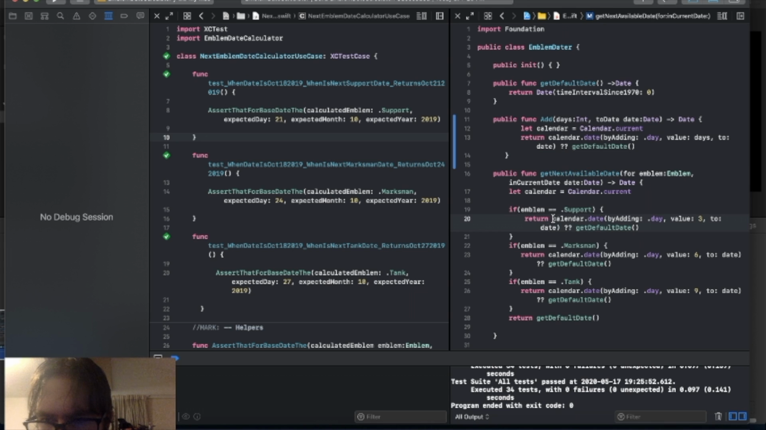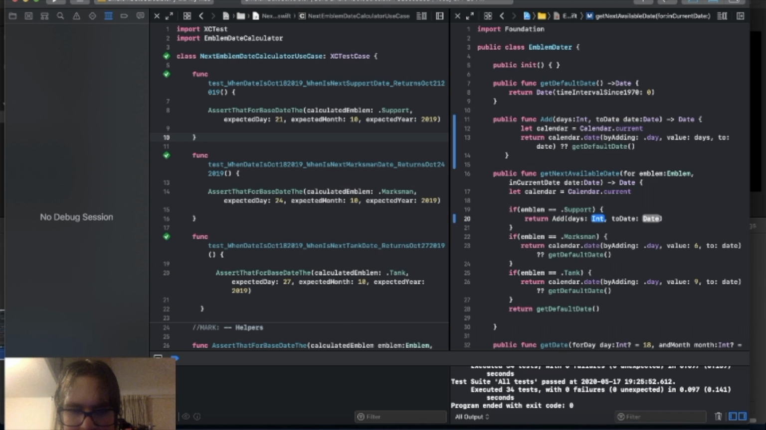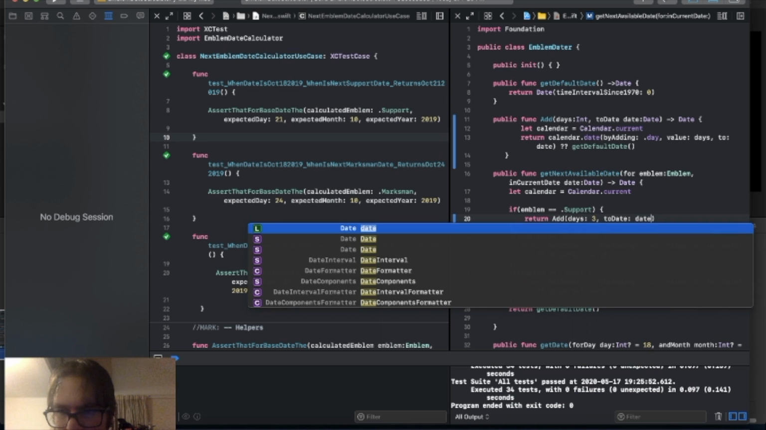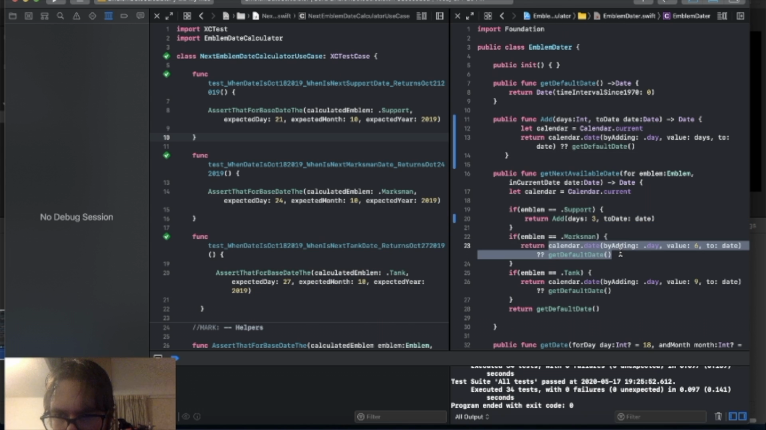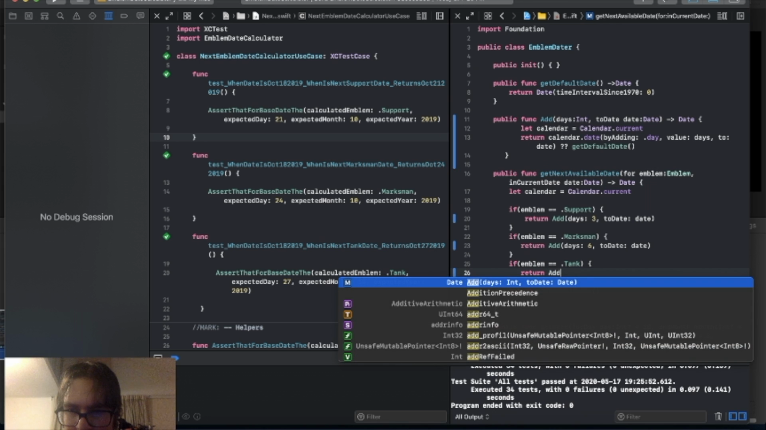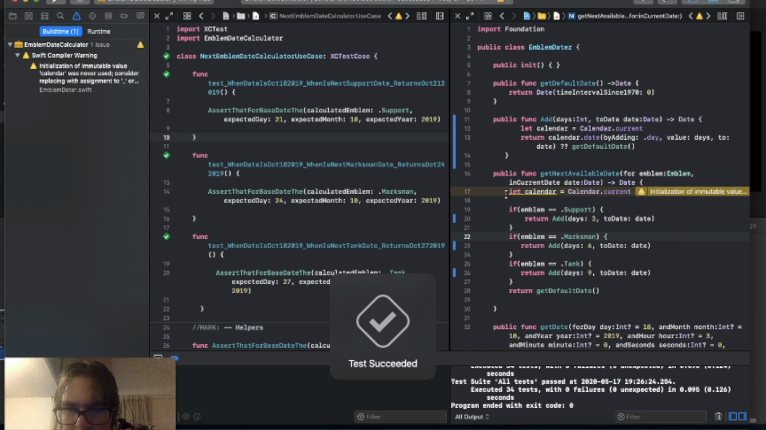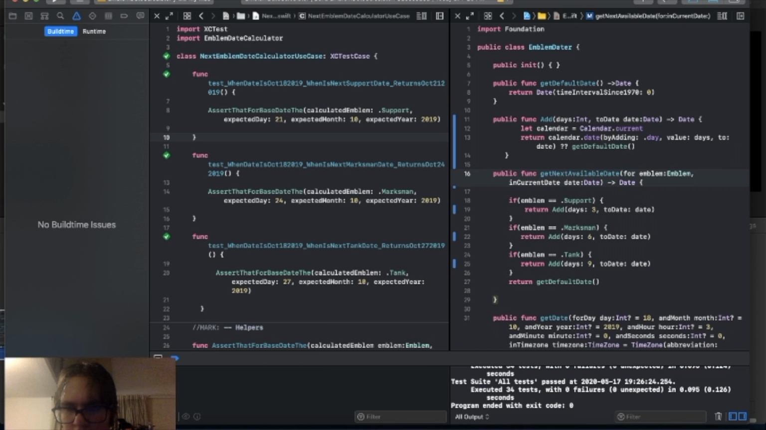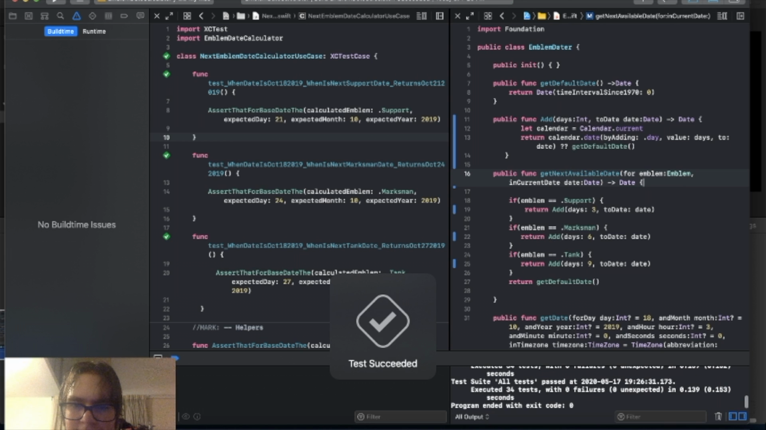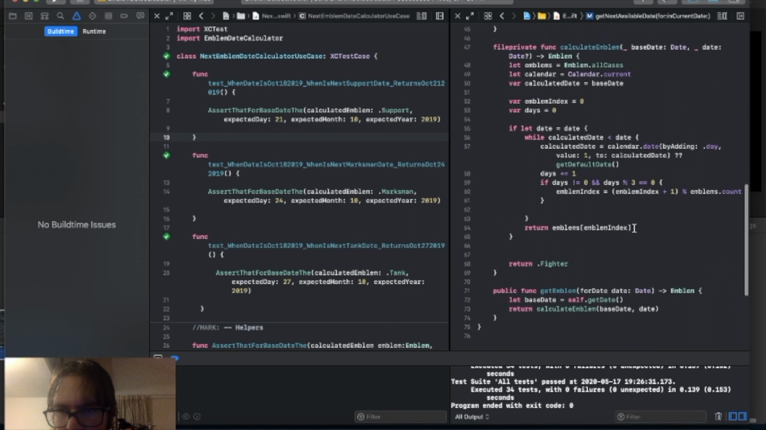So what I want to do is here on the return, I'm going to say add days. So I'm going to add 3 days to date. And here I'm going to add 6 days to date. And then here I'm going to add 9 days to date. Command U. Okay, tests are passing. I don't need this Calendar.current anymore. Command U. The tests are passing, and also I'm having that calendar add over here. I remember,